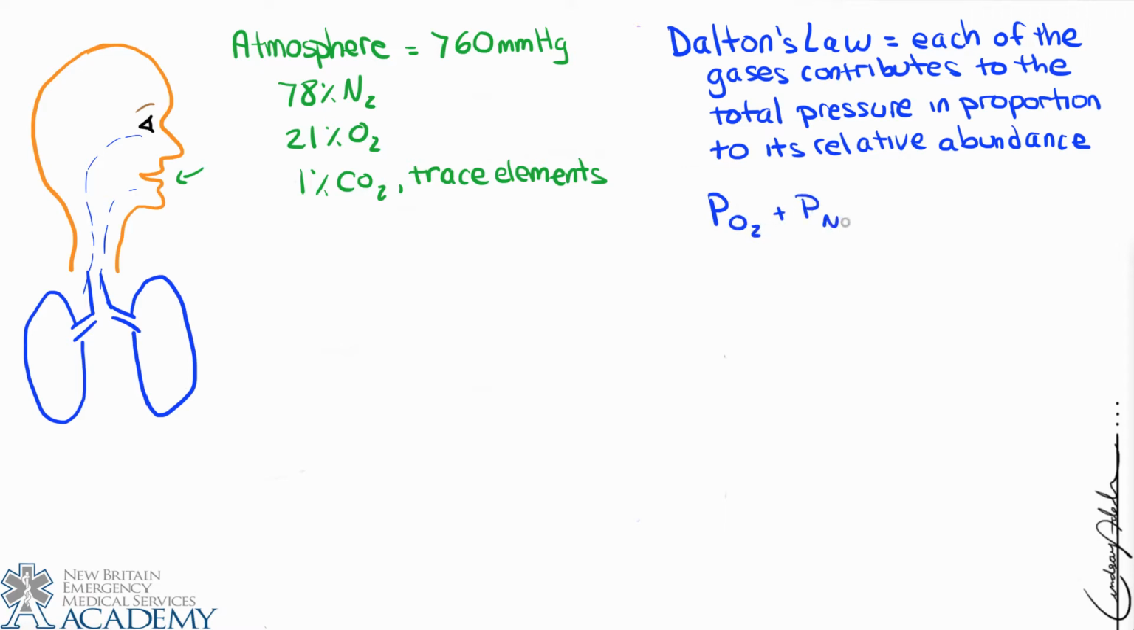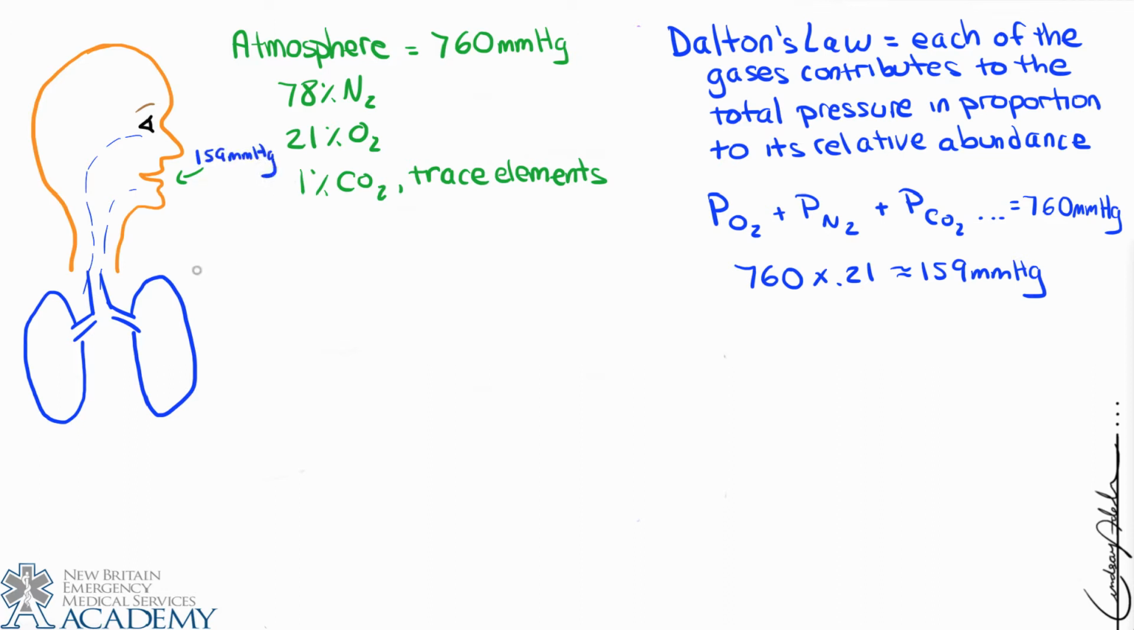So we could add them all up. We could say PO2 plus PN2 plus PCO2 plus whatever else is there is going to equal 760. And then here's our 760 times 0.21 equals about 159 millimeters of mercury. So that is the partial pressure of oxygen in the atmosphere, and we will write that as PO2 for the atmosphere. And so that's going to be inhaled. In the mouth and nose, we'll have initially inhalation of about 159 millimeters of mercury